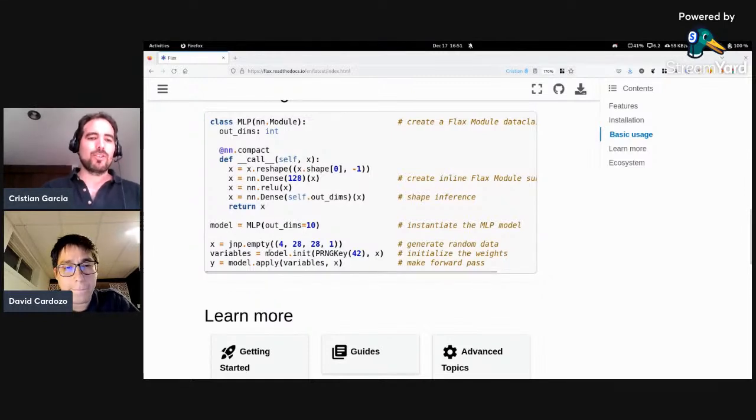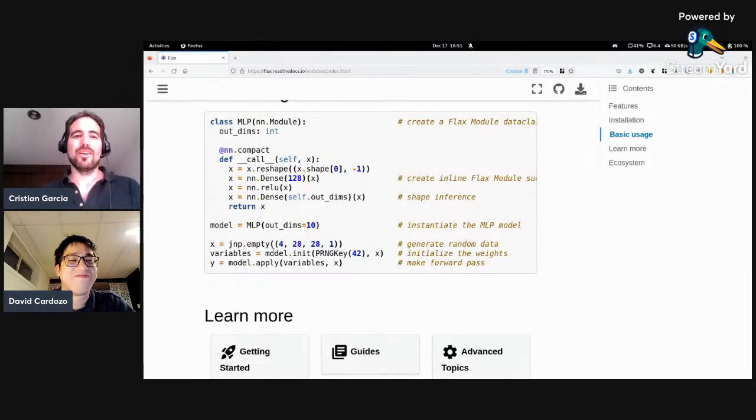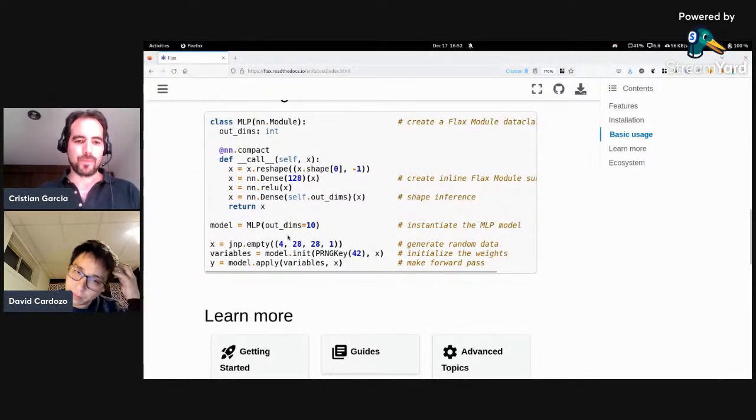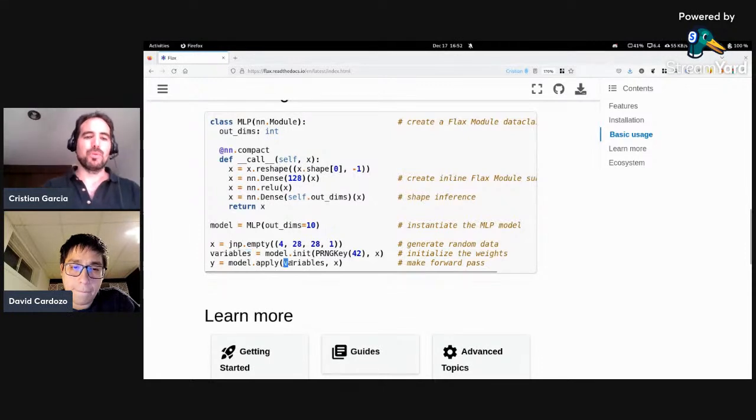you can try to make this a little bit more object oriented. I don't know. Maybe in a future episode we can discuss the pros and cons of trying to have an object oriented neural network system. But for now, let's just say that the variables are kept outside, and then you have to pass them, and